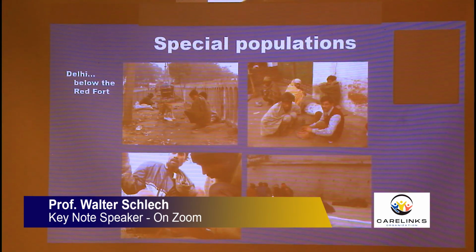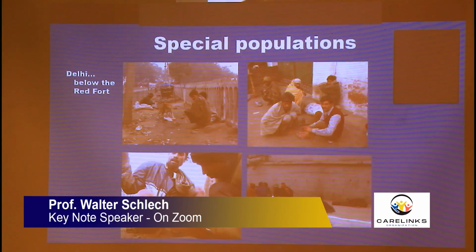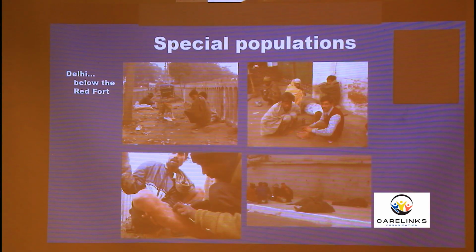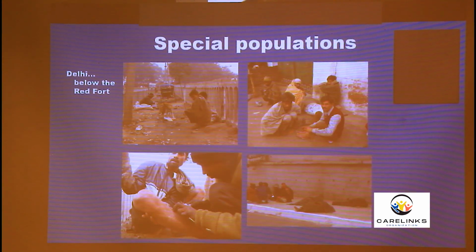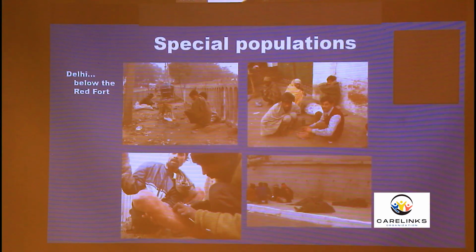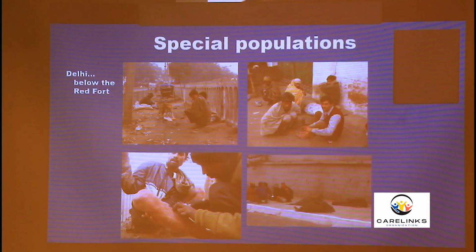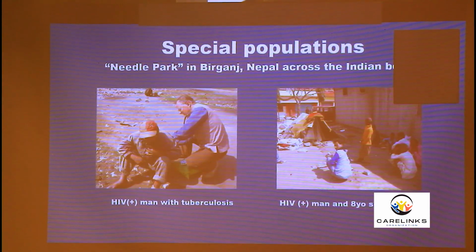If you go to New Delhi, for example, and we always talk about India and it's shining and how things are going so well, but there are about 15,000 addicts that live just below the Red Fort in Delhi, and they're ministered to by a small Hindu hospice, and these patients live on the street. They inject heroin. Here's one of the hospice workers actually helping one of the addicts on the lower left find a vein. These patients also have to get food. It's difficult, and there are some food banks that do help with that population.